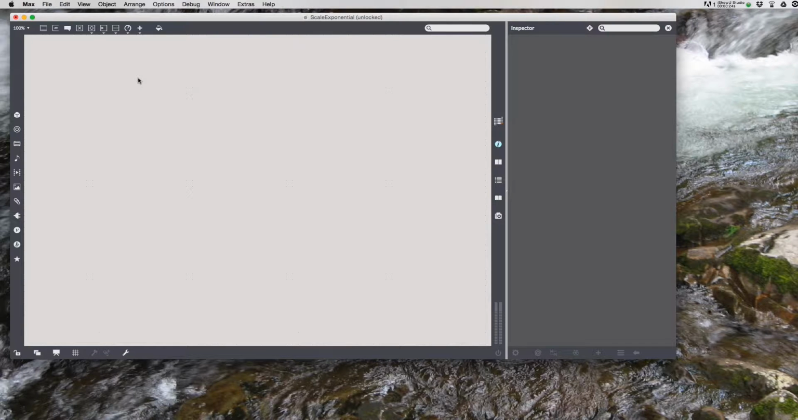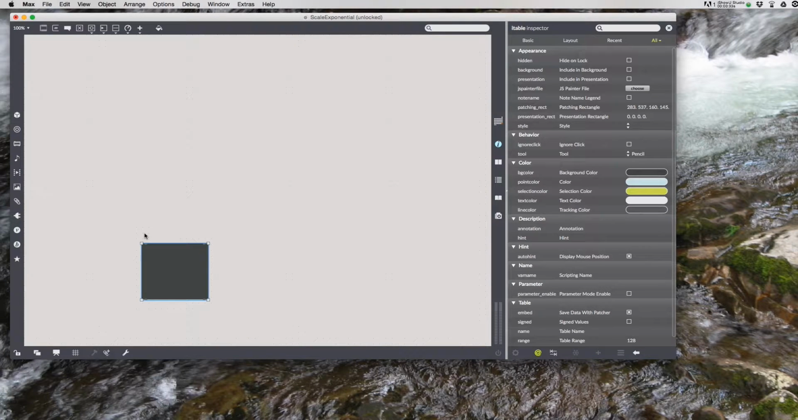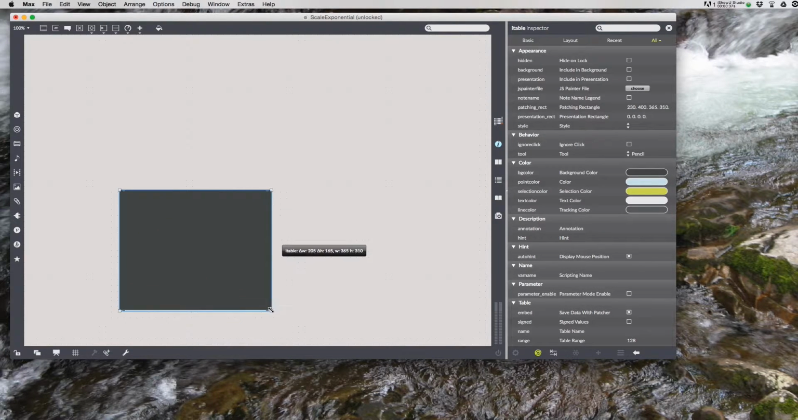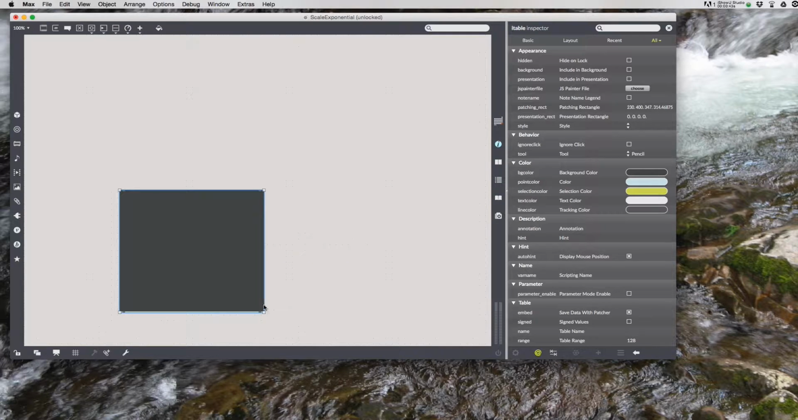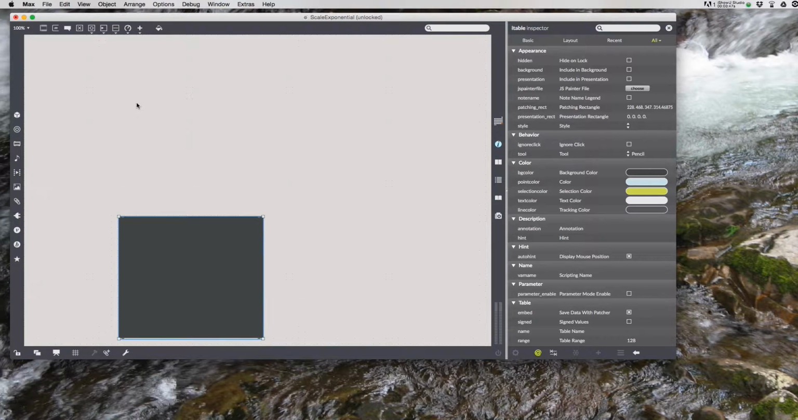We're going to do a quick patch here so we can see the output of our results. We're going to add in an itable, and let's make it a little bit bigger so we can see stuff. I'm going to hold down the shift key so I keep it in a square. And that's good. Okay, so then what we want to do is scale 0 to 127 onto 0 to 1